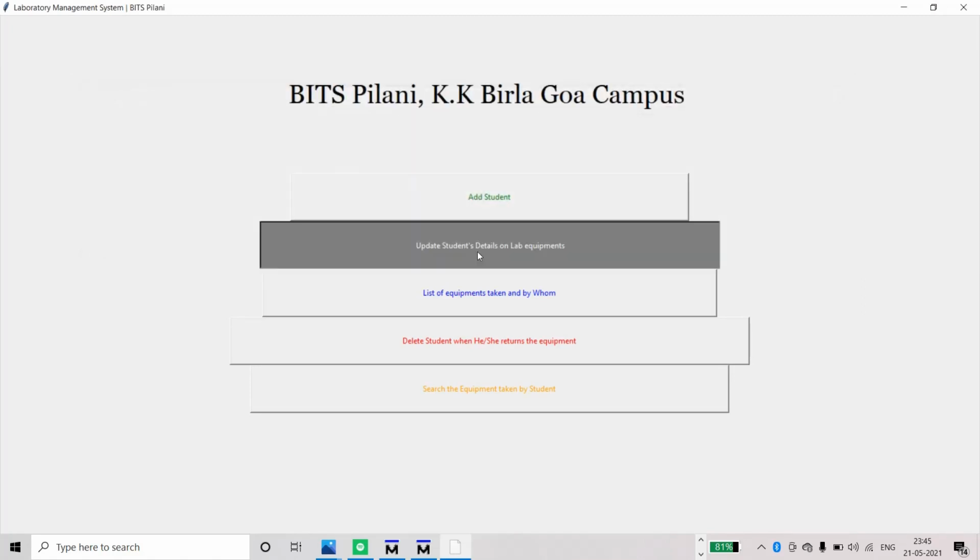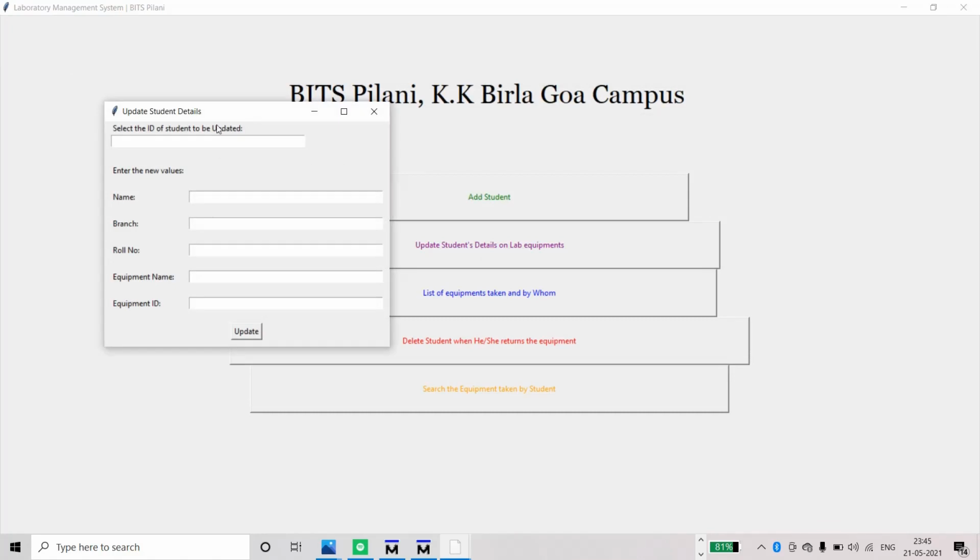Now I'll update someone's details. It says select the ID of the student to be updated. Student number 1 was Animes, so I want to update a required field of his. Let's give his ID, student 1. Name, let's say Animes changes to Animes Das. Branch, I'm changing from embedded to micro.